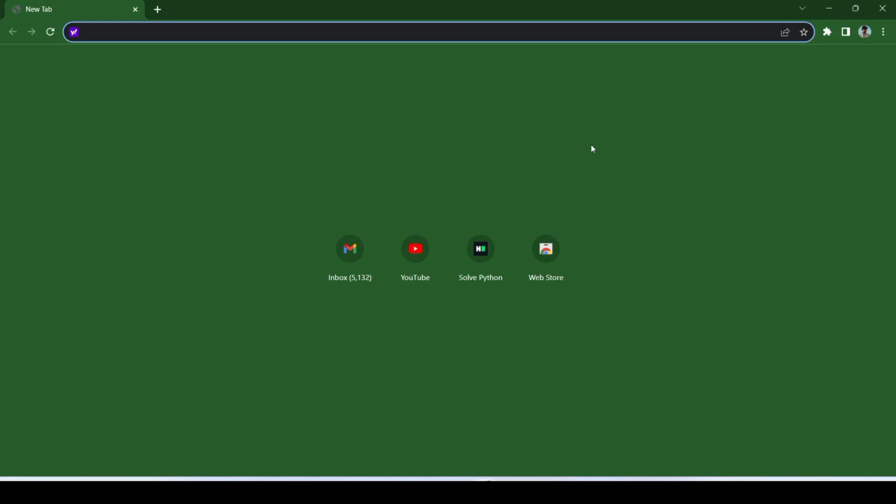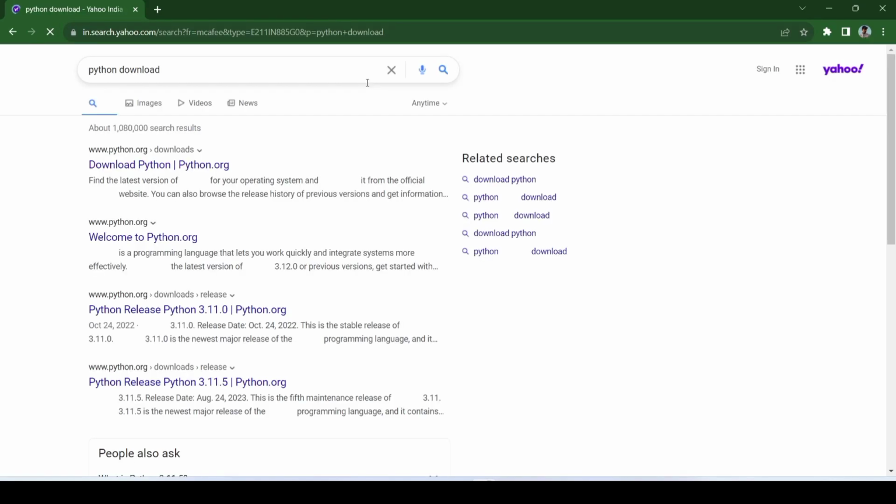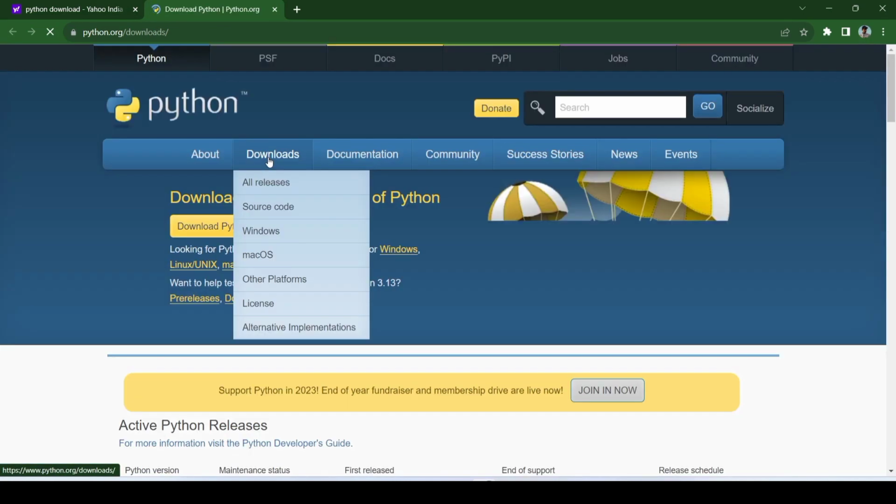Let us start with how to install Python on our PC. Just go to Chrome and search for "Python download". Then you can see the first link, Download Python. This is the official link, no need to worry. And here, download Python